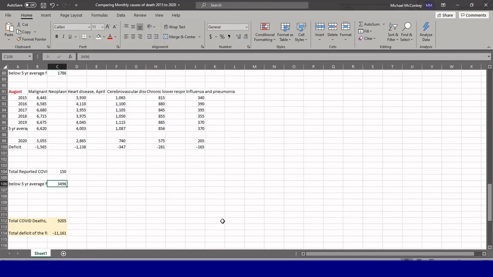And like I said, I don't know how to explain how the deficit is actually larger than the total COVID deaths. There's your deficit again, there's your total COVID deaths. I don't know what's going on there, but whatever the story is, it just doesn't seem credible to me to present this virus as some horrific killer. It's killing people who were going to be dead within a few months anyways.